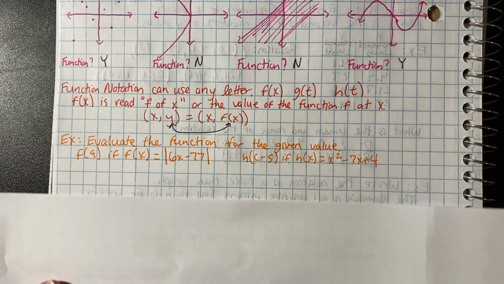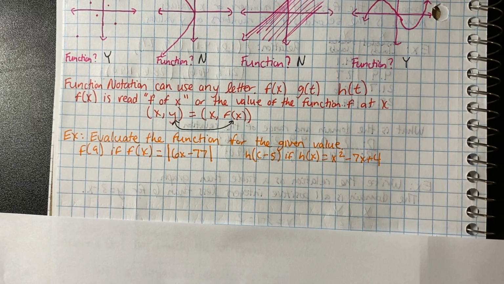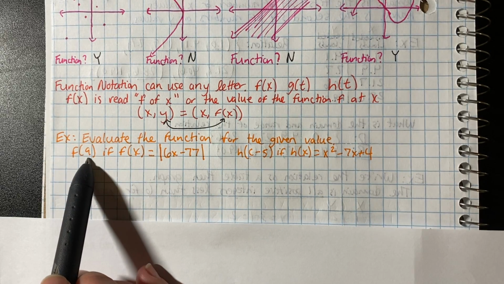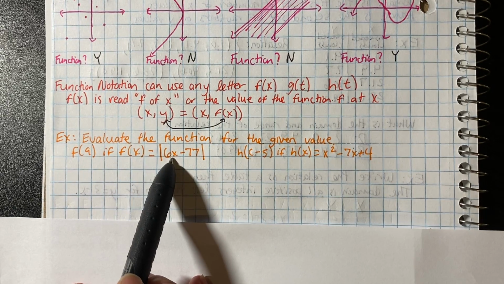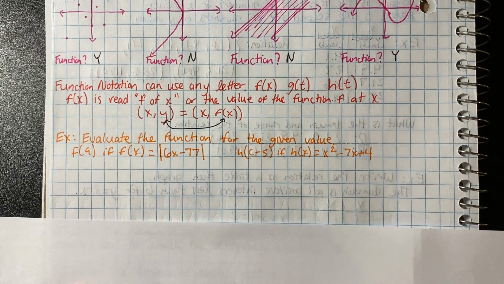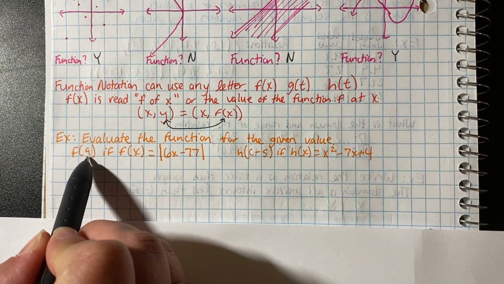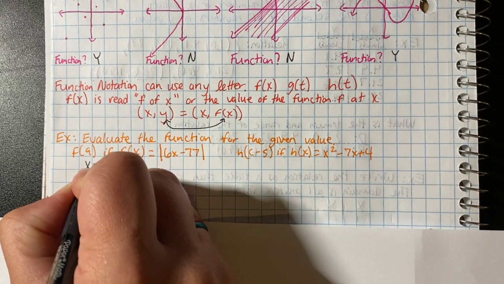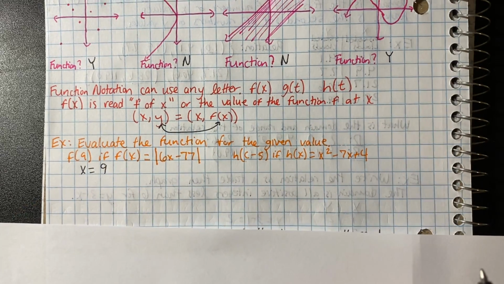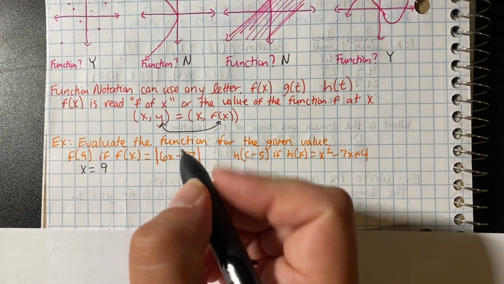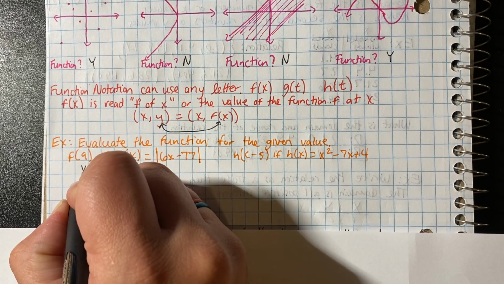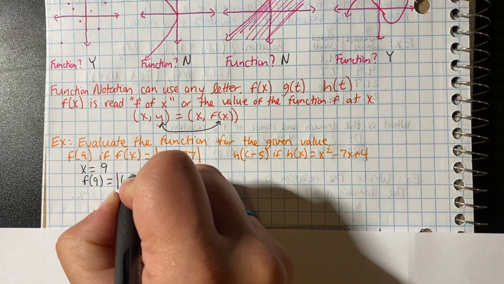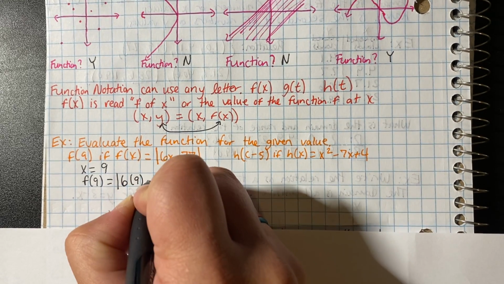All right. So example, evaluate the function for the given value. So we have f of 9 if f of x equals the absolute value of 6x minus 77. So what we're going to do is we are going to put 9 in where x is. So what we're saying is that x equals 9, and we're going to put that into our equation, our function. So I'm going to say f of 9 equals absolute value of 6 times 9